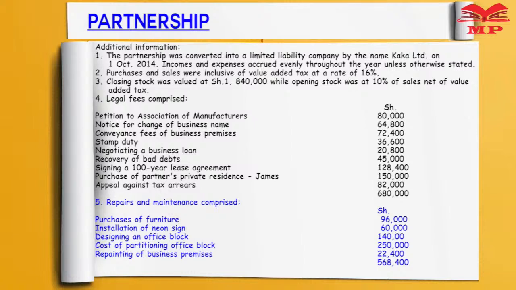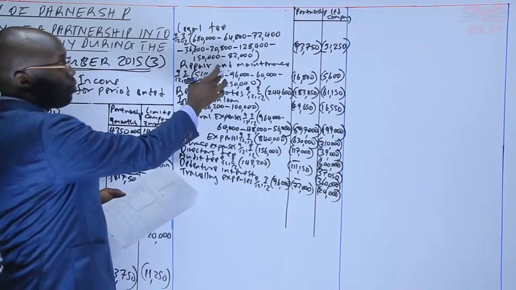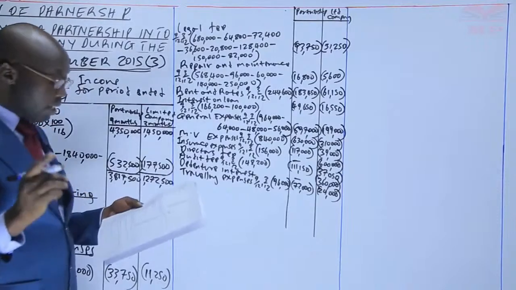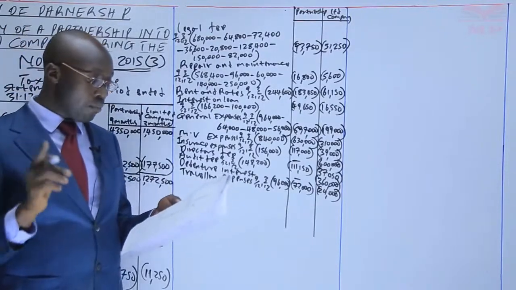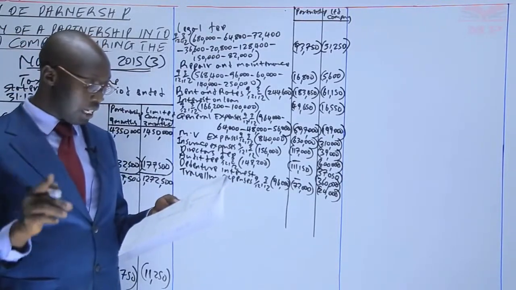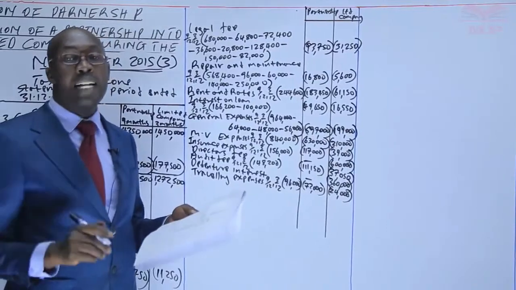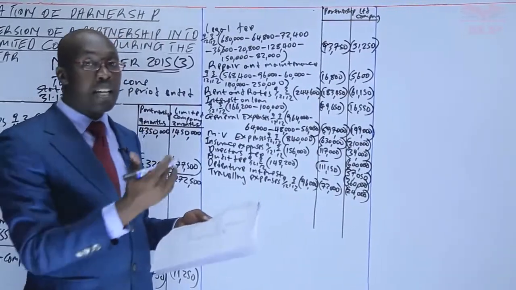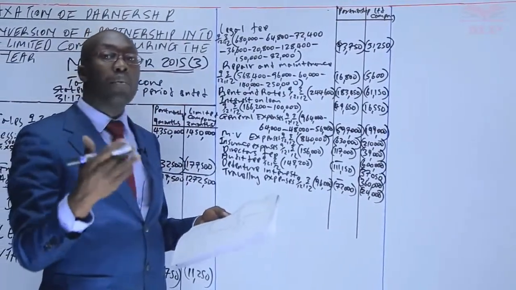So we go to number 5, repair and maintenance. So we had seen that the repair and maintenance is allowable. However, we remove the ones that are not allowable. However, we noted that most of those items, actually all the items in repair, were fixed assets. So we don't allow fixed assets, that's why we remove them. But now we claim the wear and tear.